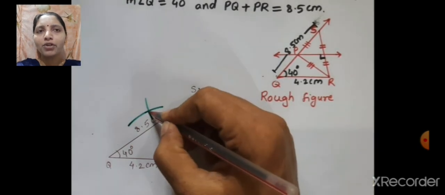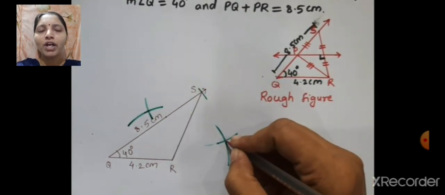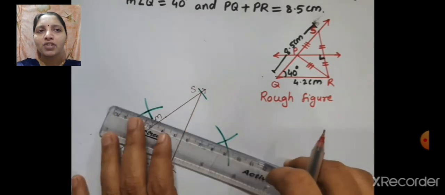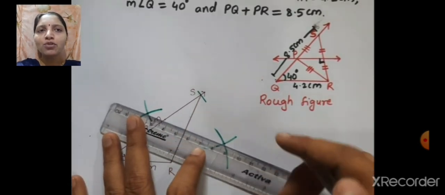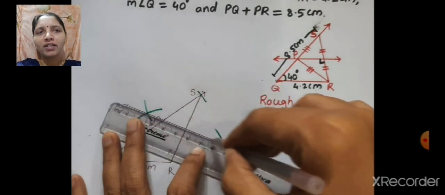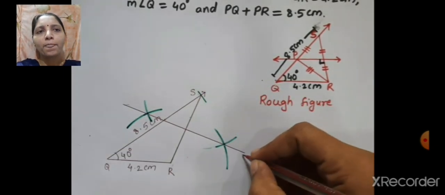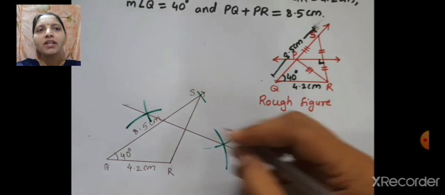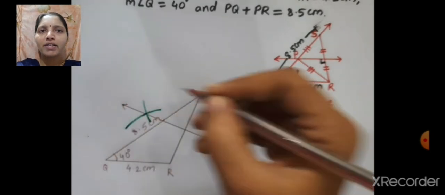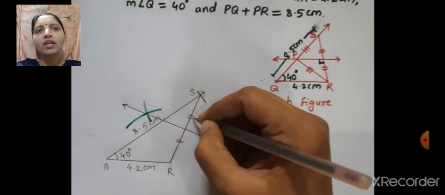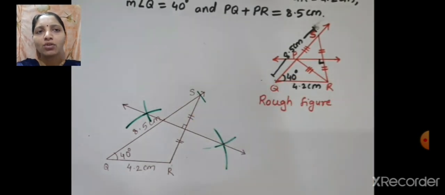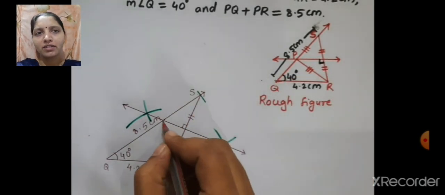Now highlight the point of intersections. I told you why to highlight these point of intersections. It will help you to draw the accurate line here. Okay. So this line is the perpendicular bisector of segment RS. Okay. So show the perpendicular sign also and bisect.